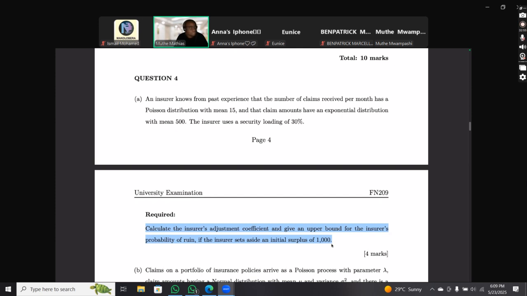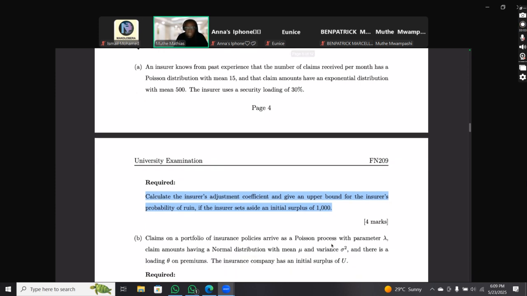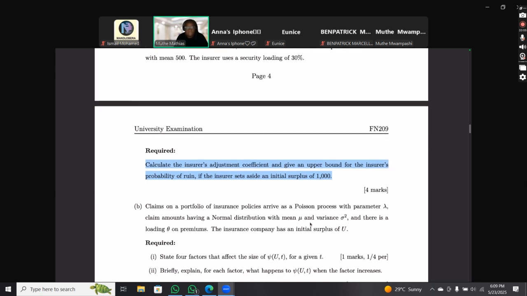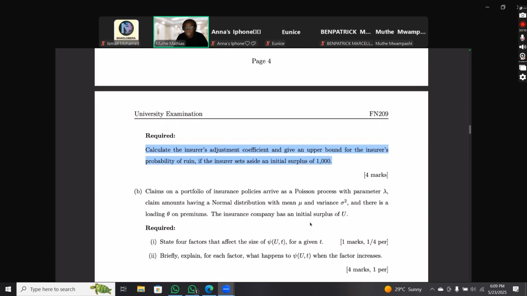I think the students did well anyway. I did not mark this question, but I think they did well. This question is an example. These are the questions which I typically give for students to just get the marks. If you miss it, that is beyond repair. We cannot repair you.